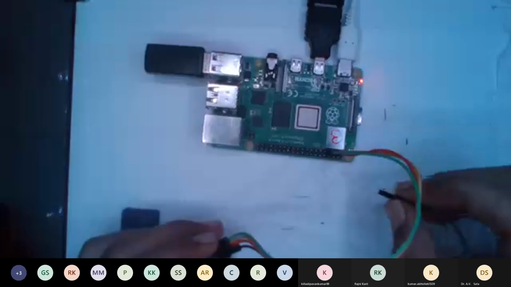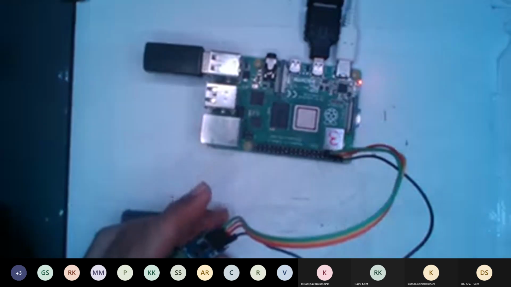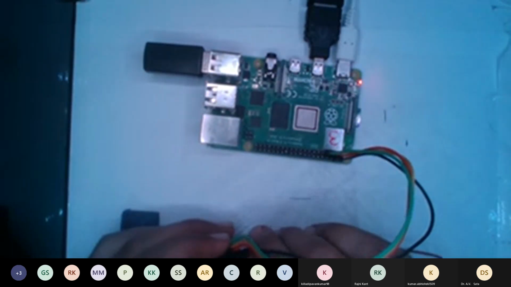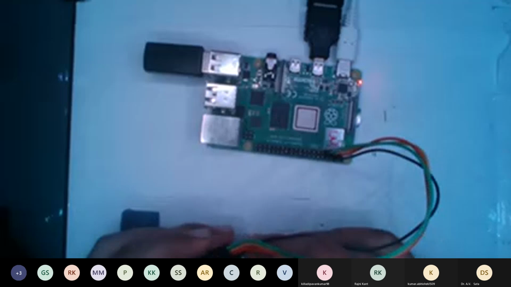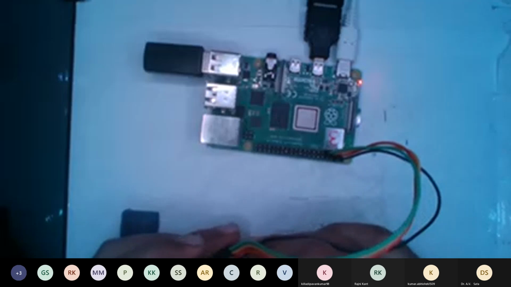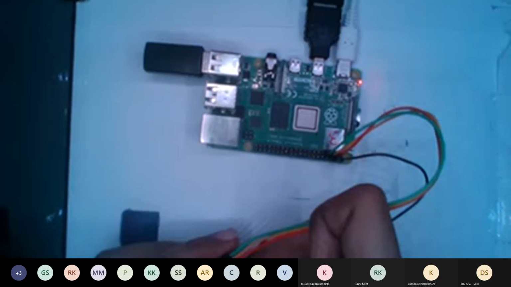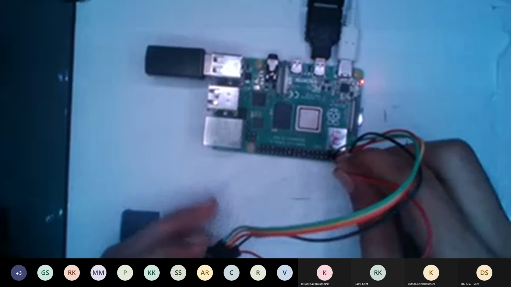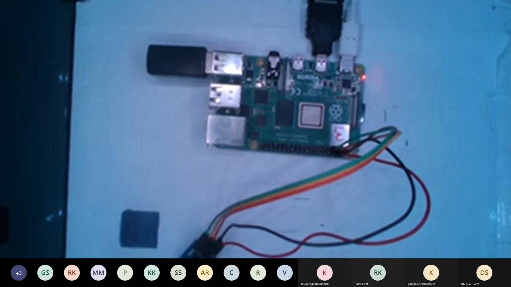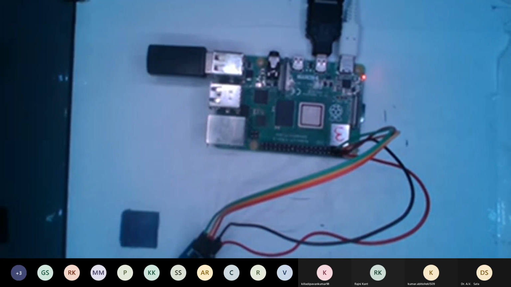Okay, there is an error. As you can see, there was an error of connection.